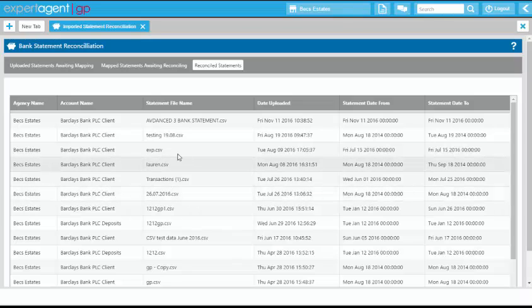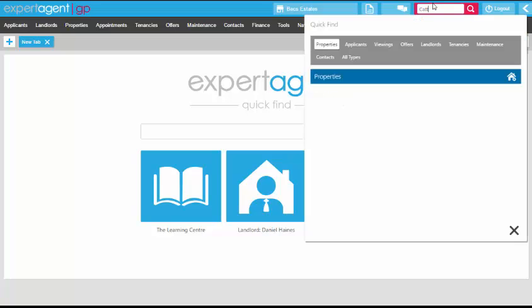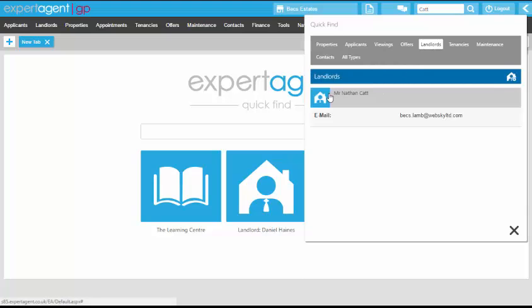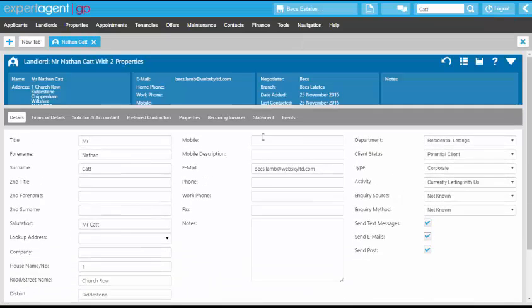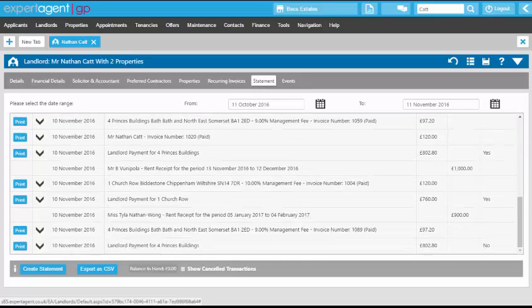Once you've finished mapping and reconciling your entries in Expert Agent, we can have a look at how that's going to affect your tenants and your landlord records now. So if we close our imported statement reconciliation down, and if we now have a look at our landlord record for Mr. Cat, who we were reconciling our transactions for, if we go to his statement tab and we scroll down,